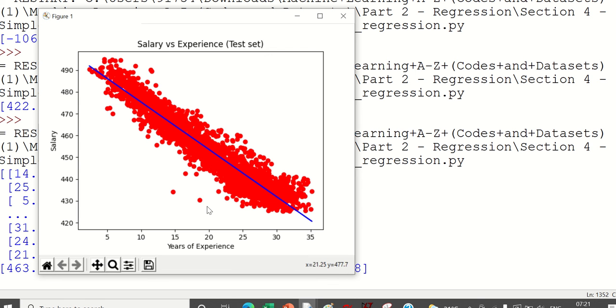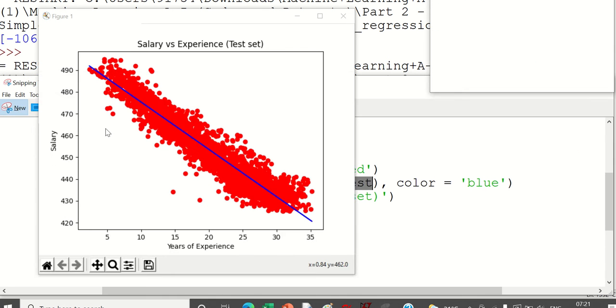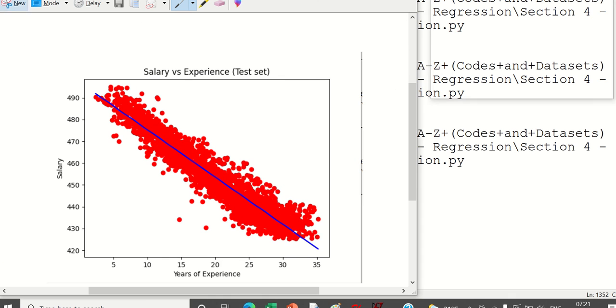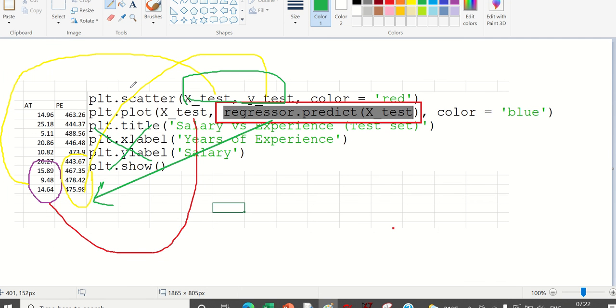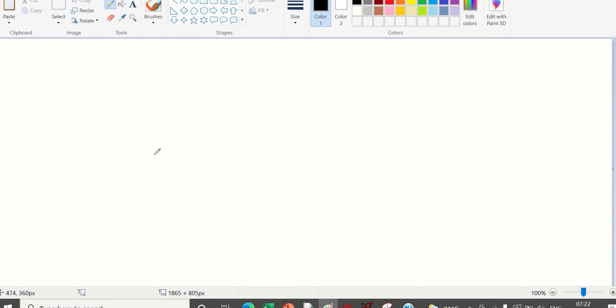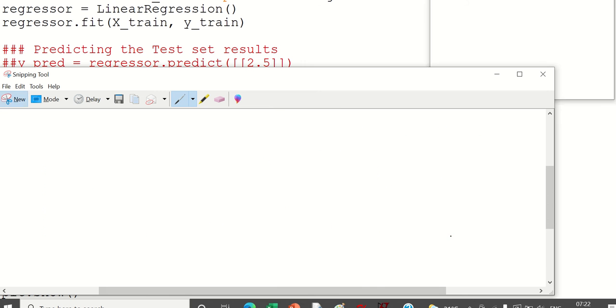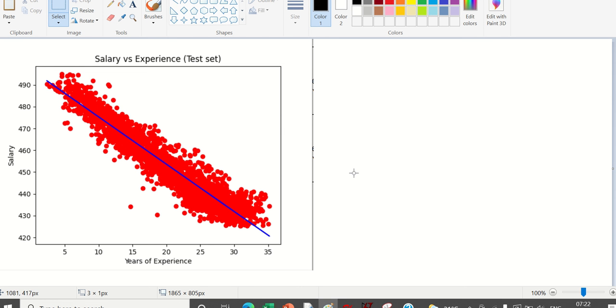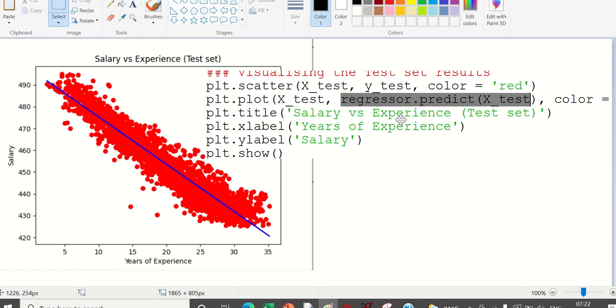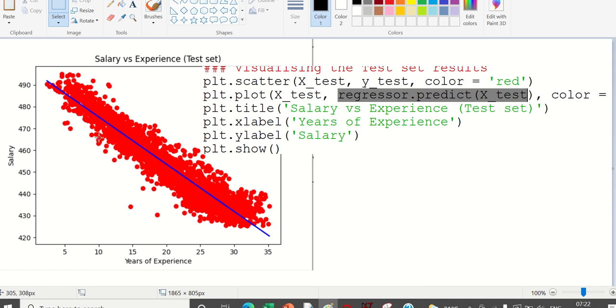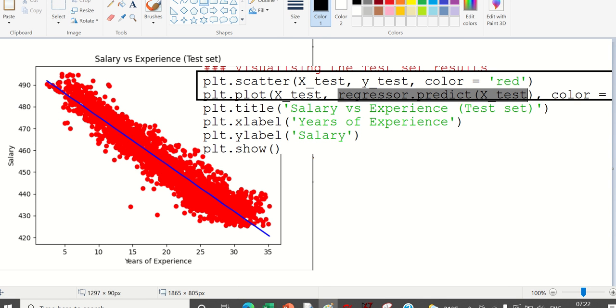So what is this plot now? This first one is the scatter plot.